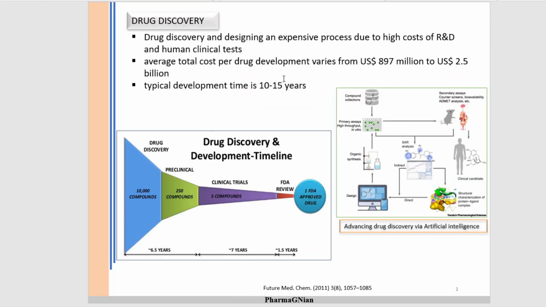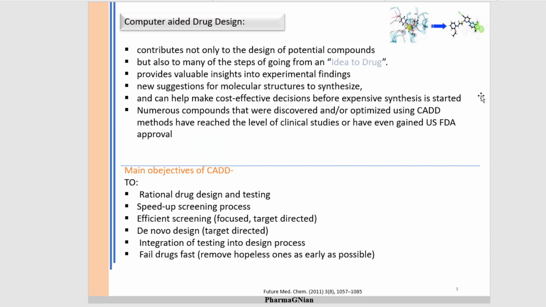Drug discovery and development is a very costly and time-consuming process, and typically the development time is between 10 to 15 years. We know that. Now, with the entry of artificial intelligence in drug design and discovery, there are advantages to speed up the drug discovery process and also to give promising drug candidates. Many pharma companies are now collaborating with AI companies to assist and speed up the drug discovery process.